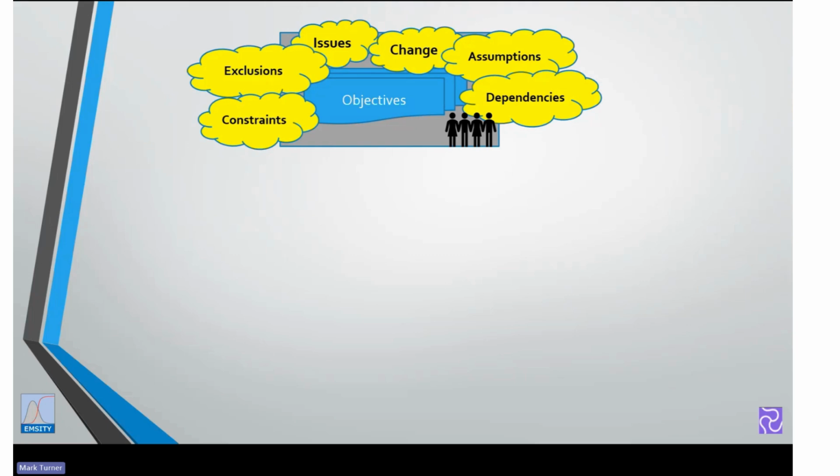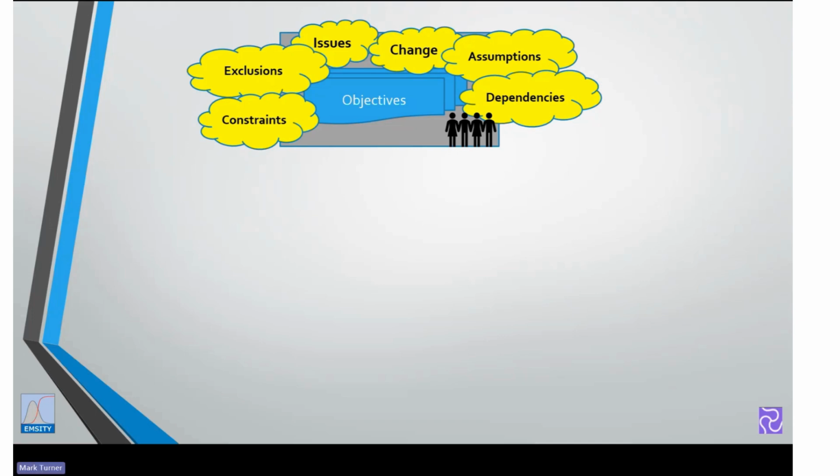So these grand uncertainties all have an effect on potentially deviating from the original objectives, whether they be on cost, whether they be on time, or if they're on qualitative measures such as reputation, customer satisfaction, things like that.